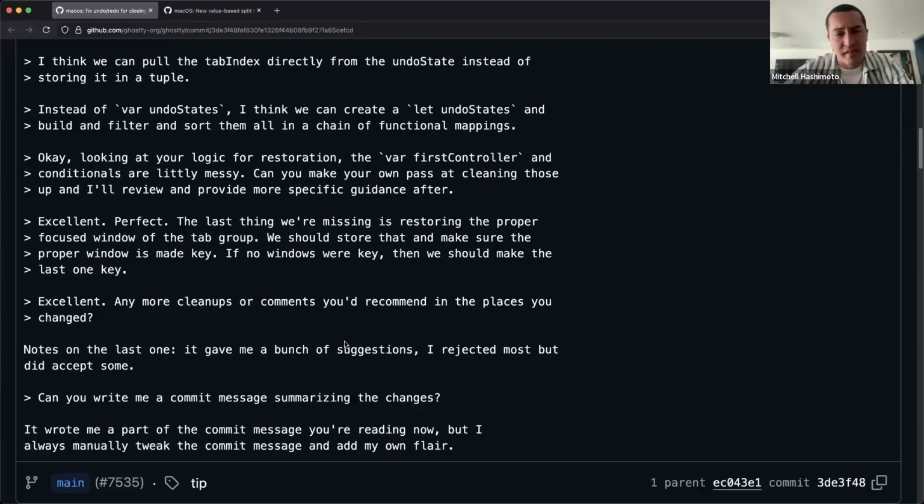So I think at this point when I asked it this, it suggested like 6 or 7 things. I think I only accepted 1 or 2. Yeah, I think it's an underrated selling point of using large language models for coding